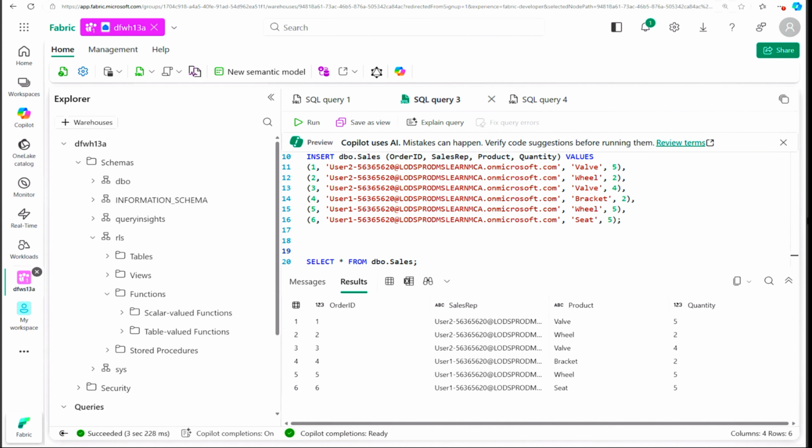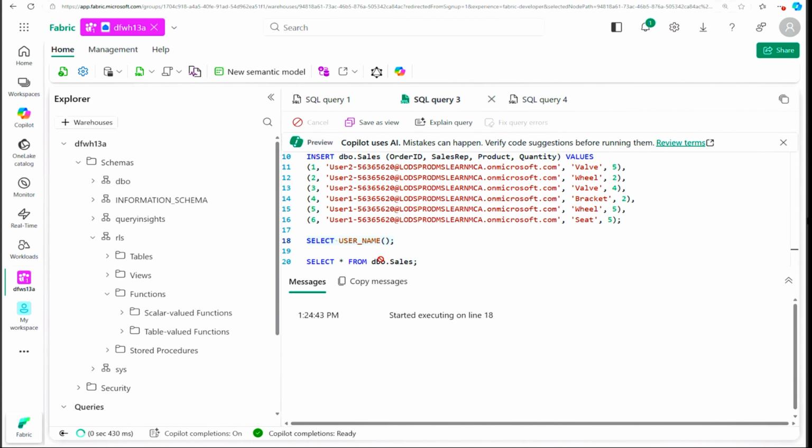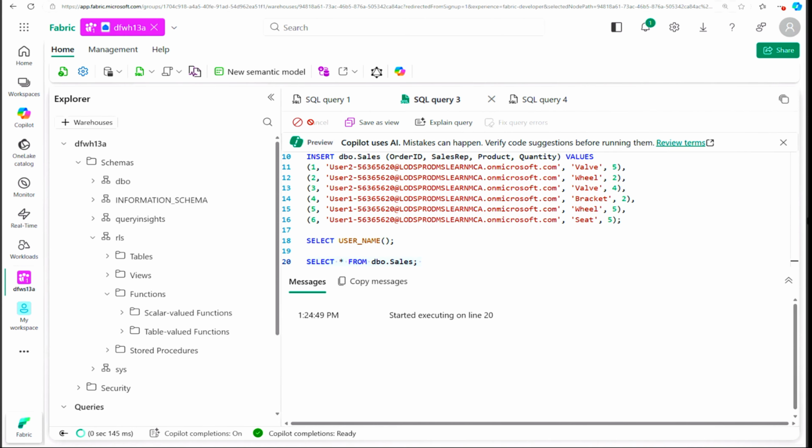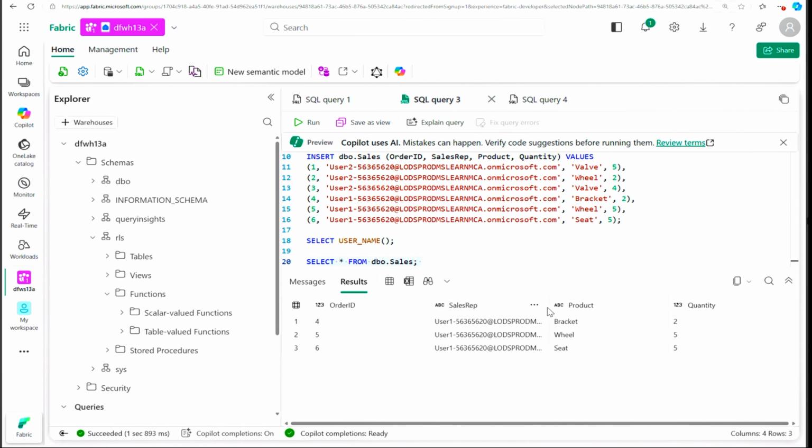You can also execute this to make sure who the user is, select user name. You can see that it is user 1. Now if I select from the table, you can see it's allowed to see only order IDs 4, 5, 6. Now if we go to the user 2 session,